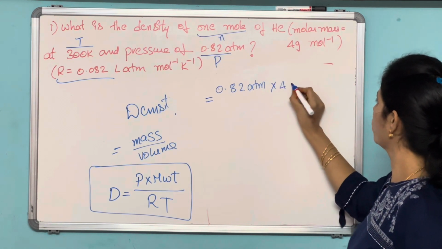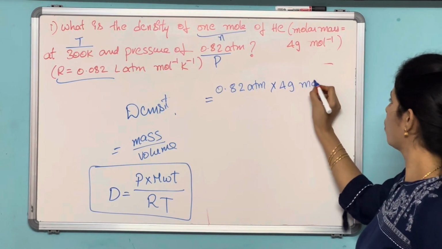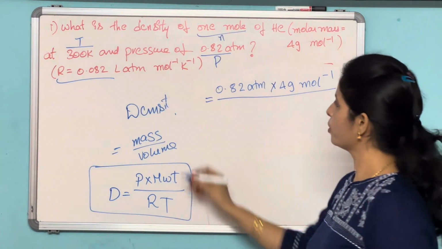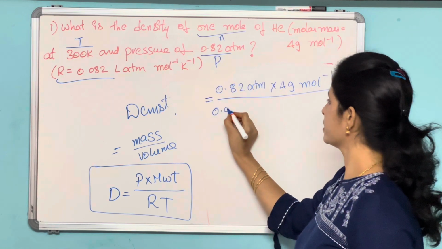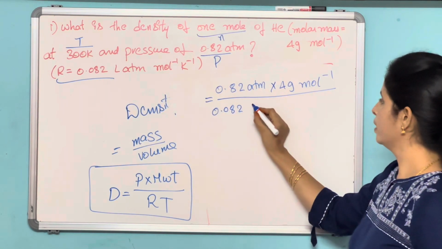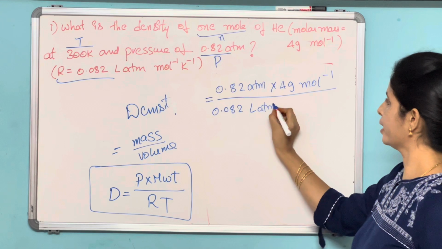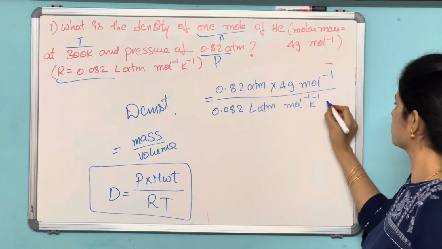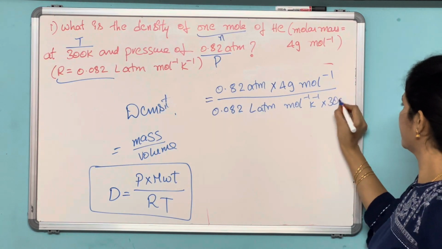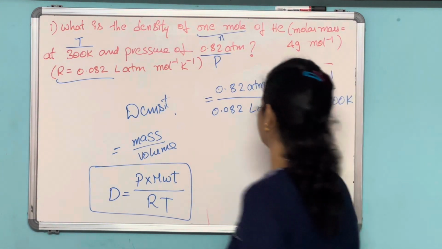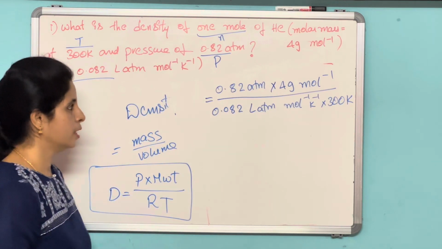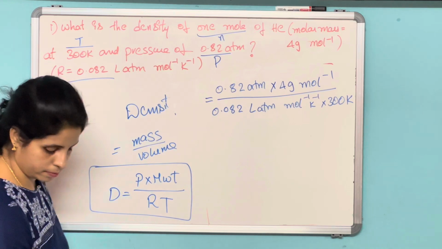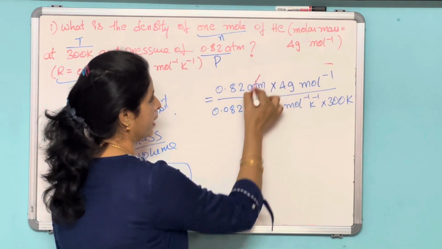It is 4 grams mole inverse, divided by R. What is R? 0.082 liter atm mole inverse Kelvin inverse into temperature 300 K. Now cut off all the possible units. What will you get? Here atm,